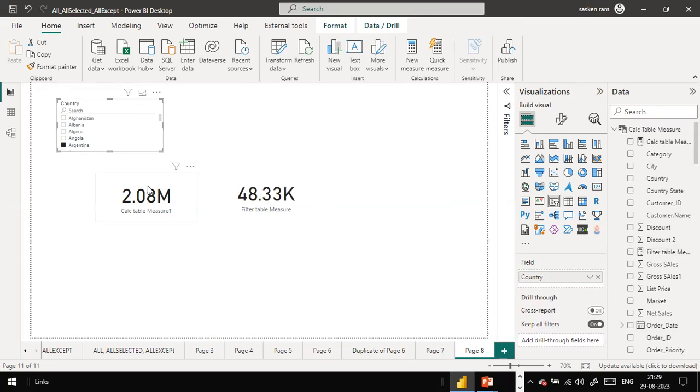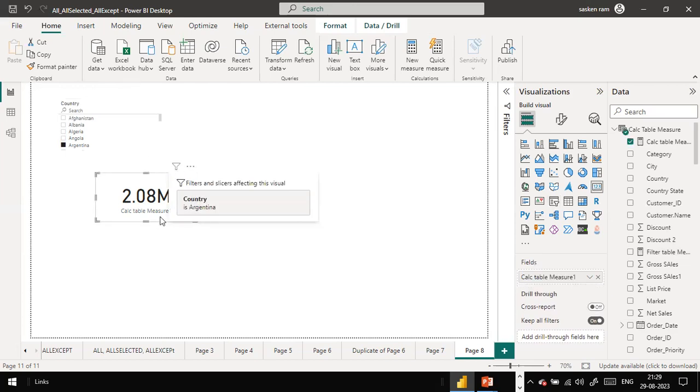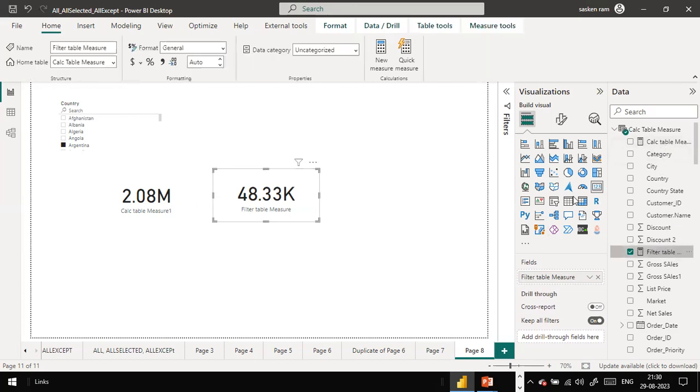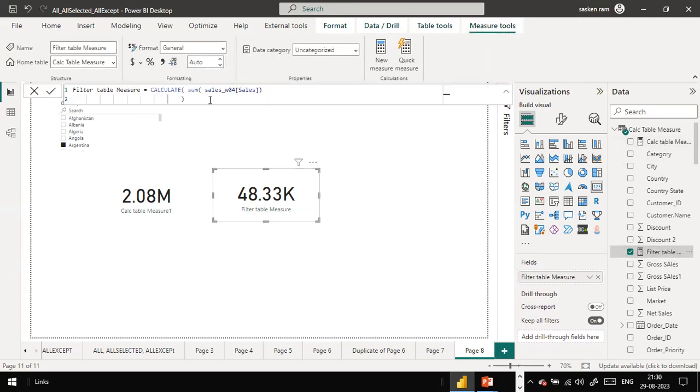In this case, since we have used the calculate table function, it overrides the existing filter context. This one is the filter context. It overrides this one. No matter what filter you apply, it will still show only the United States. Whereas here, the filter table function, right? Here we have simply used, there is no filter. I removed the filter, right? If you want to display the other countries' values side by side, if you want to compare, you can use this way, okay? But to demonstrate that, I have used the filter table here. Okay, what I will do is I will just,